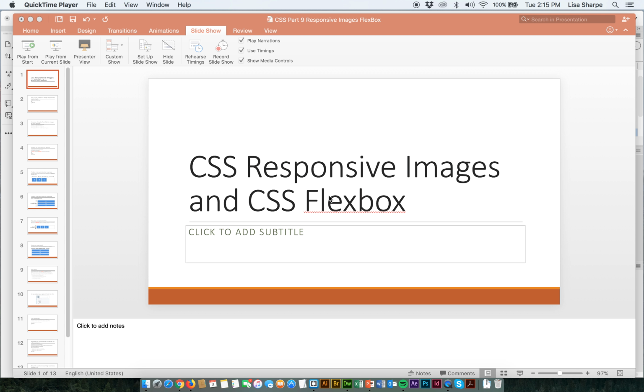Everyone. Today we are going to talk about how to make your images and your containers responsive. Responsive design is, of course, what we want. We want our designs to be responsive and look good on all devices, especially mobile devices. And one of the tools that we frequently use for that is Flexbox. Okay, now I'm going to explain that in a minute, but first of all, let's talk about what a responsive